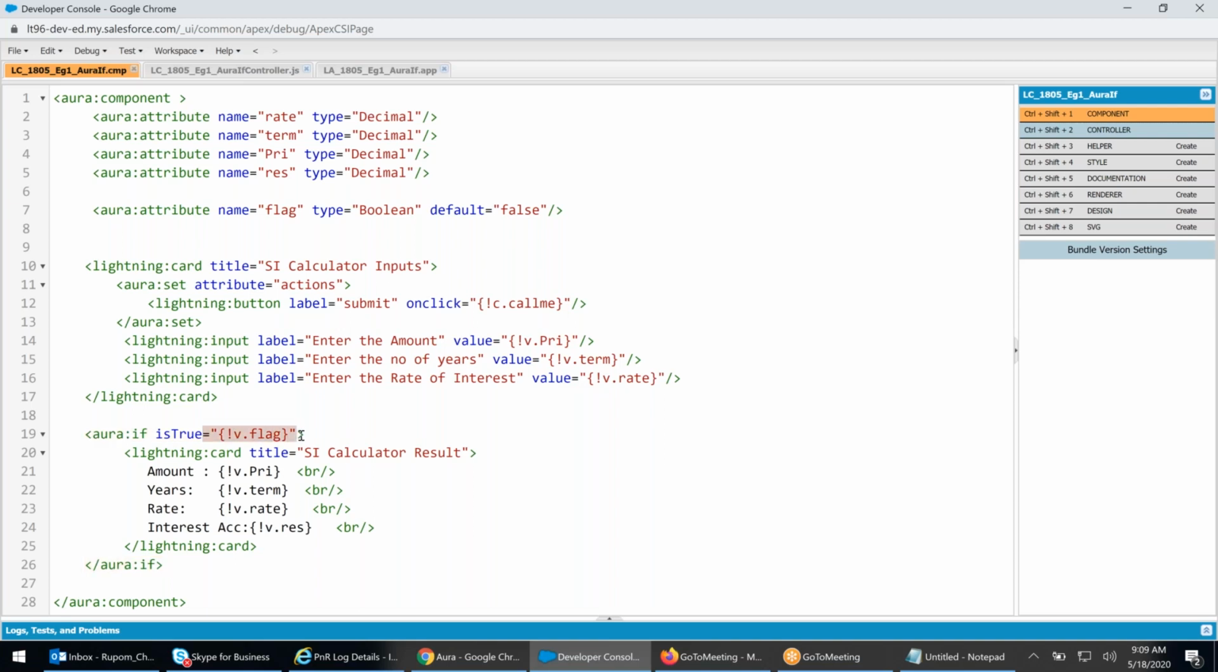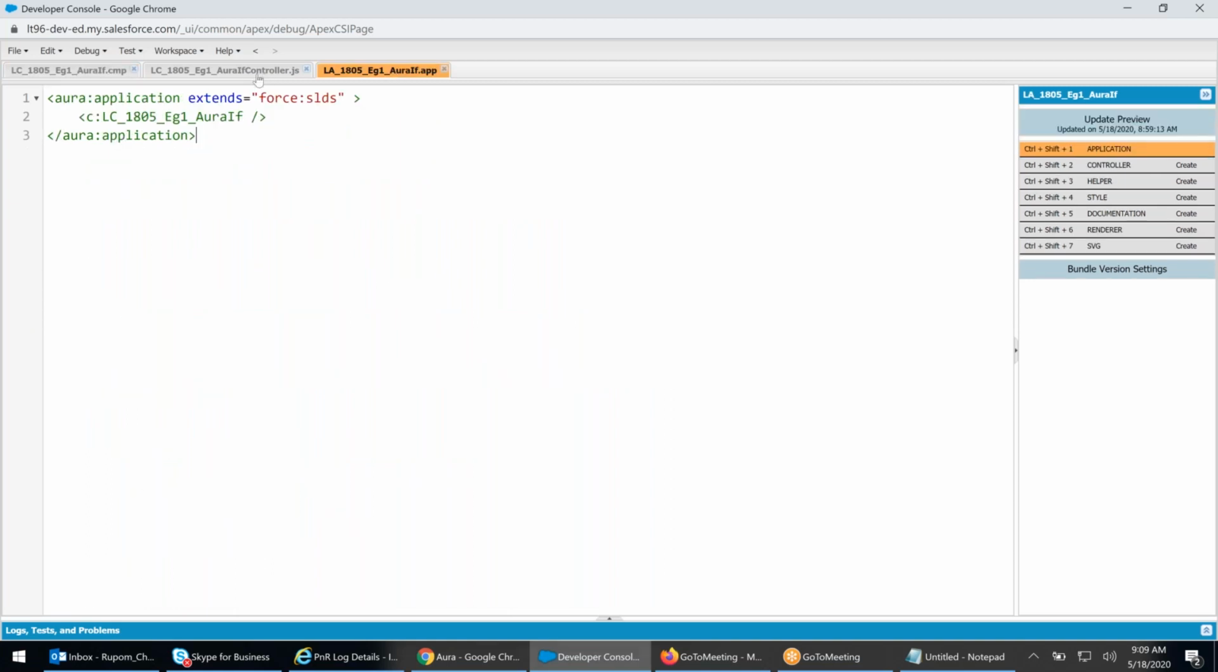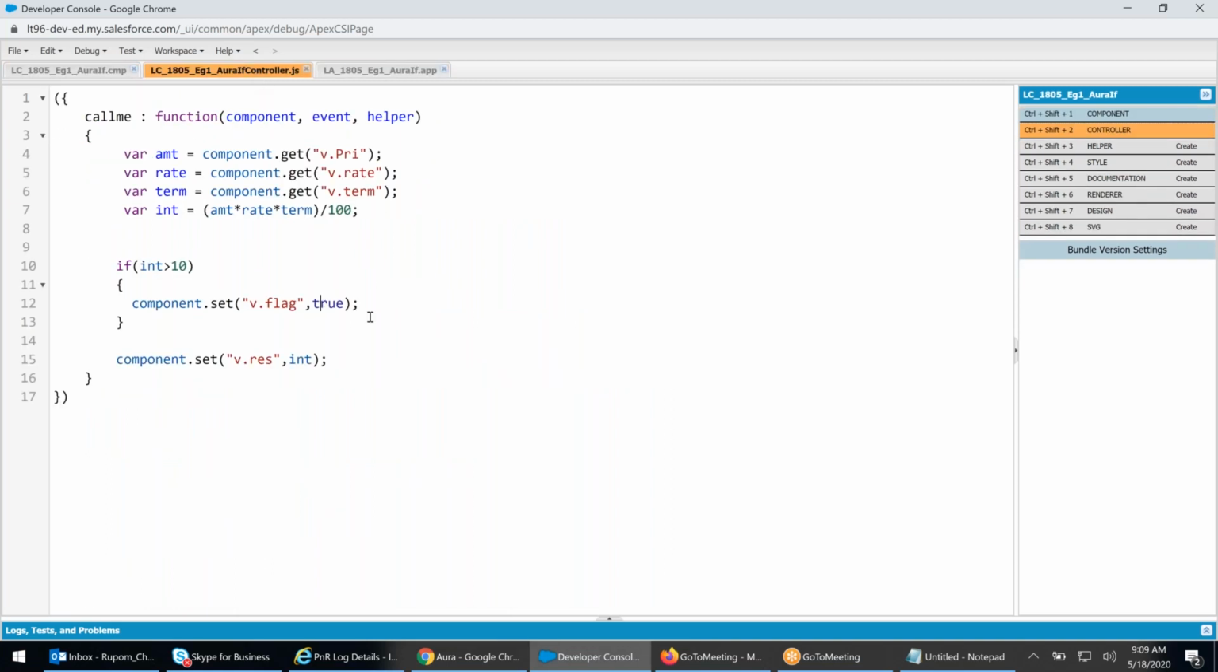You are just controlling the flag. Whenever you are setting the value to true, whenever the result enters into true, it displays. Whenever it is false, it hides. Once it becomes true, next time we are not setting it to true again. Once it became true, or once it became false, see only